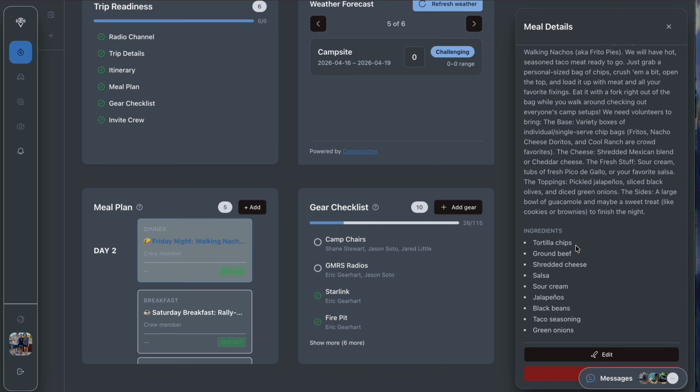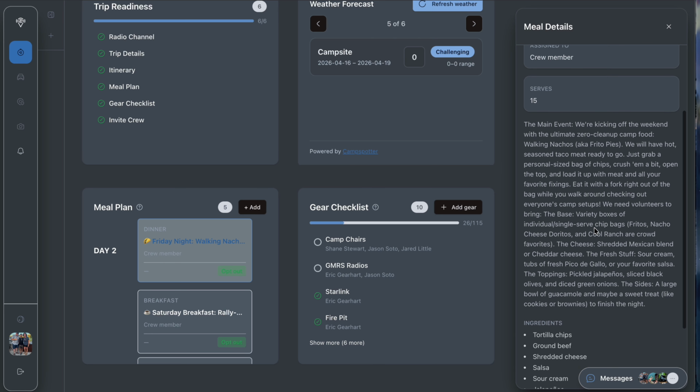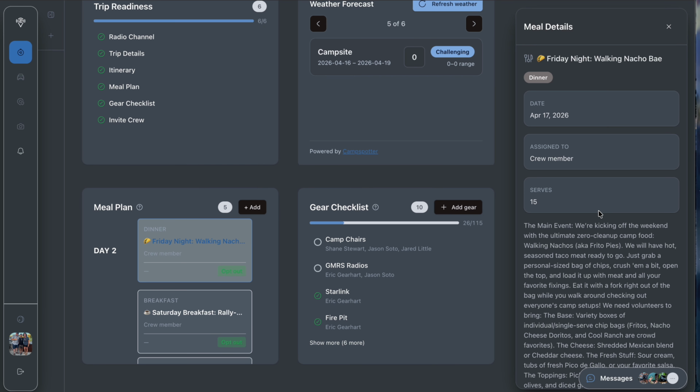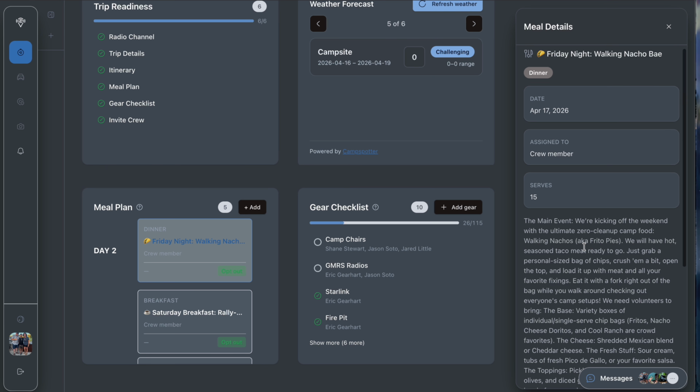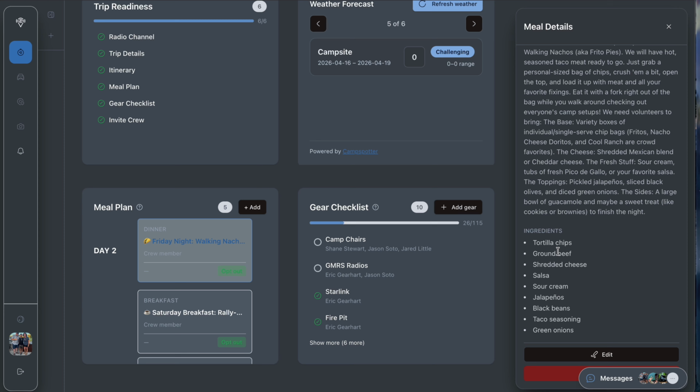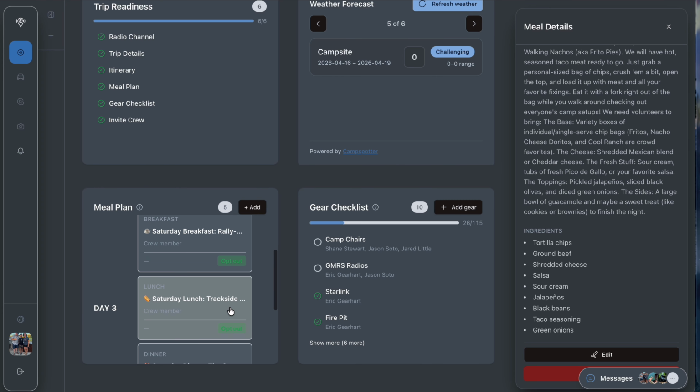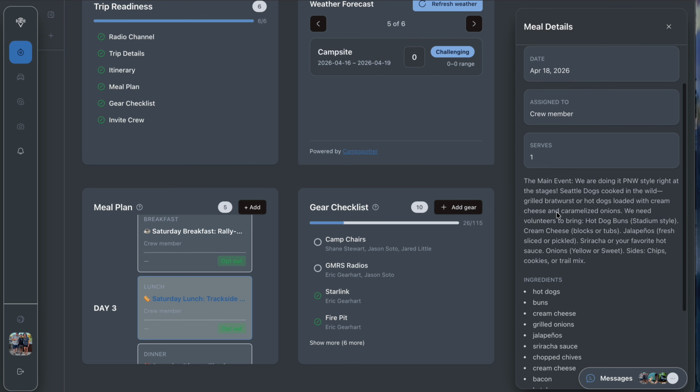Tim, I believe, is actually working on this to where, yes, it will do the menu, but you see all these menu items right here. Now these are just bullet points. I believe there's an update coming for SitRep where these will be individual, where attendees can sign up and say, "Hey, I will bring tortilla chips. Hey, I will bring ground beef, or I will bring sour cream." And so that's something that was awesome.